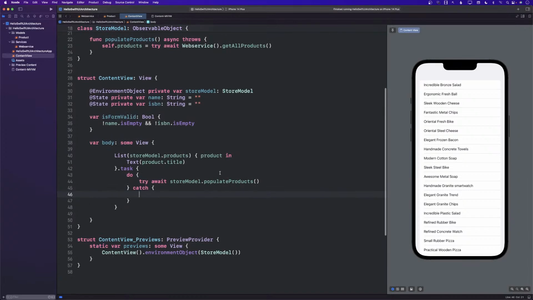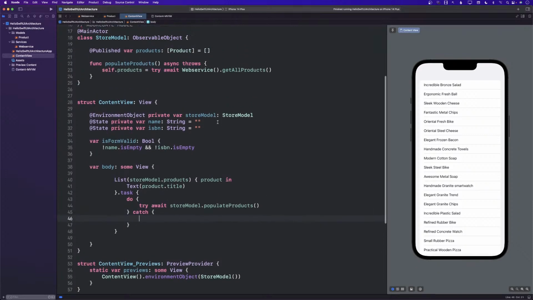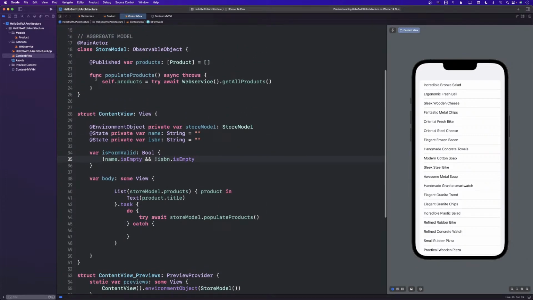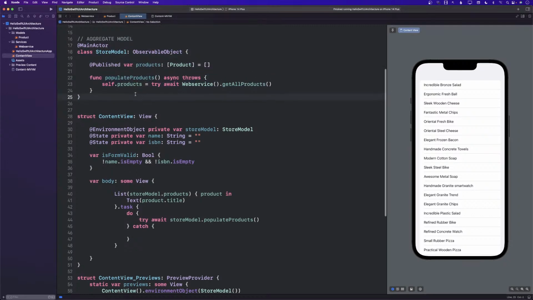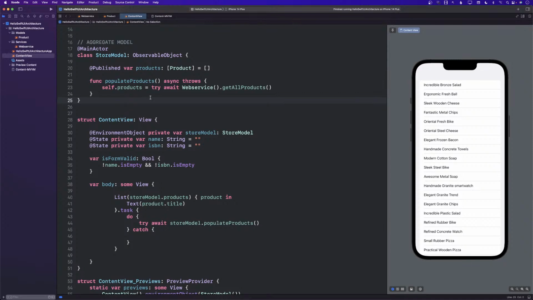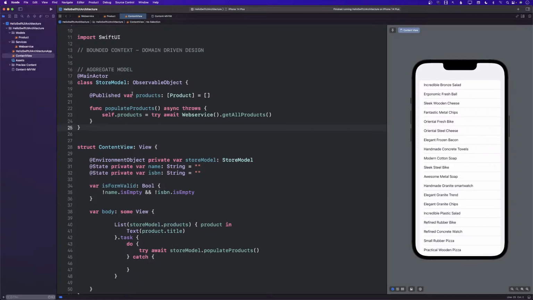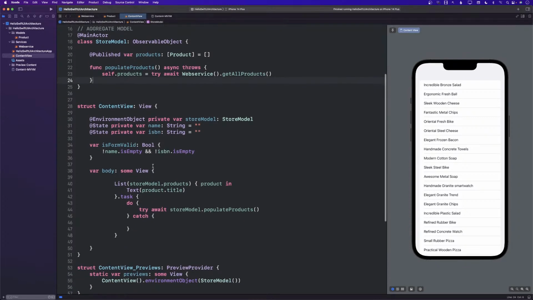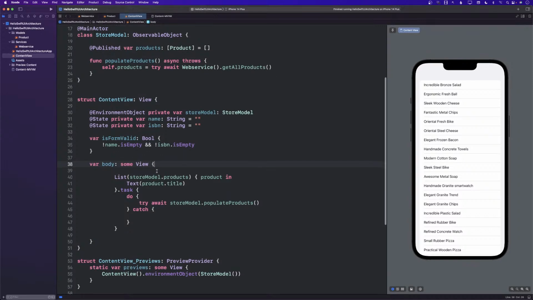So this is the MV pattern if you want to use that. I find it nice and helpful. I think the most confusing part is that while it looks very similar to MVVM, it is actually quite similar to MVVM, as you can see. The only difference is that you don't end up creating view models after view models after view model for every single screen or a lot of screens. And it will be easy for you to access the store model if it's part of the environment object. Now, once again, not everything has to be part of the environment object. It really depends on your application, but sometimes it can definitely help in those cases.